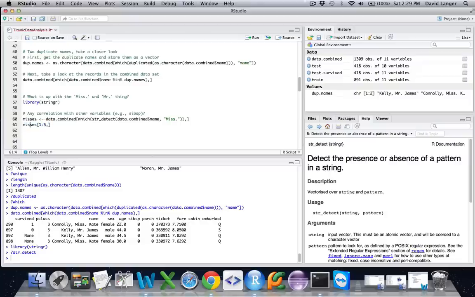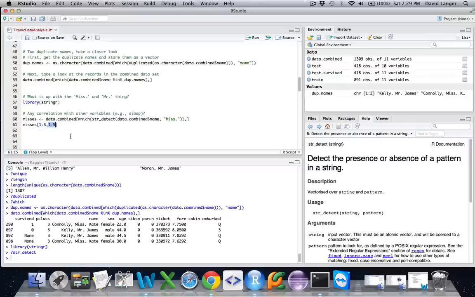Now this is worthy of note. We haven't seen this syntax yet. This is the way of denoting a range in R to say, look, I want a range of 1 to 5 of the rows of the observations here. And similarly, I could do something like this as well. And what this would say is, hey, give me the first 5 rows, 1 through 5. Oh, that's also worthy to note. For those who are programmers, R indexes from 1, not from 0. So give me the first 5 values.